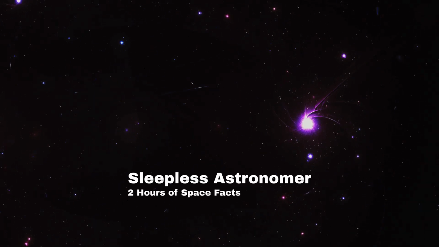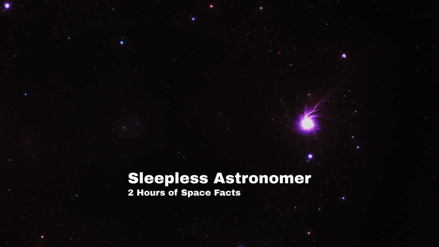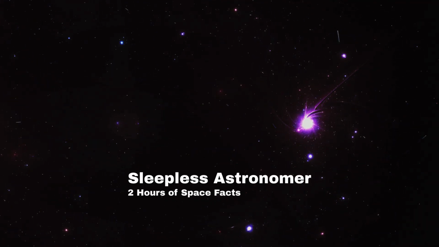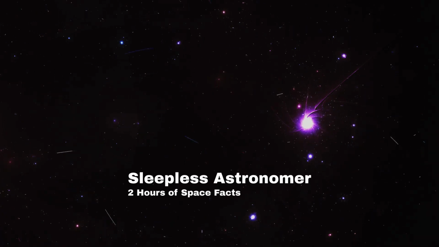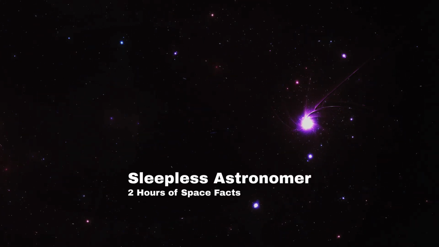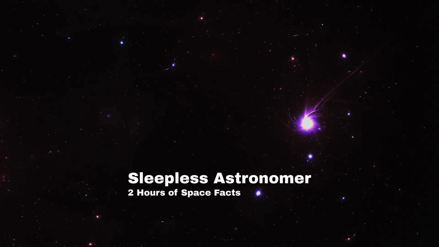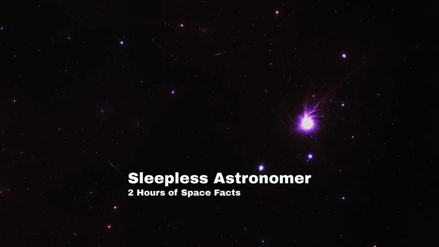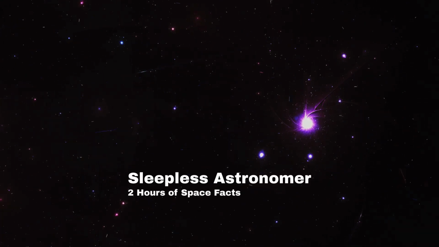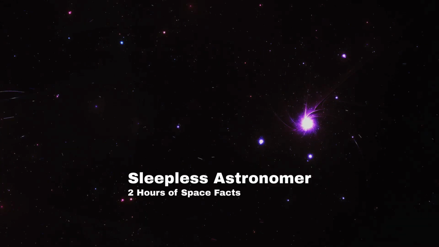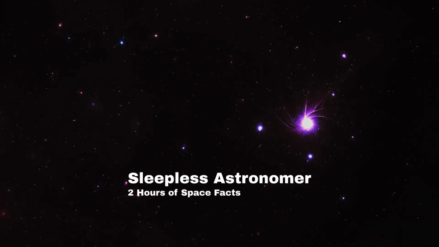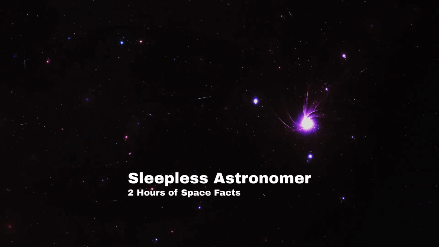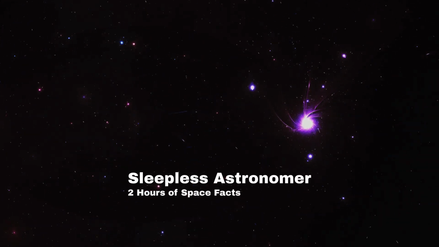Ida itself is only about 56 kilometers long, an irregular, potato-shaped chunk of rock tumbling through space. Its tiny moon, later named Dactyl, measures merely 1.4 kilometers across. How could such a small object, with such weak gravity, possibly hold onto a moon? This discovery opened an entirely new chapter in our understanding of asteroids, revealing that these ancient fragments of the early solar system are far more complex and dynamic than anyone had imagined.